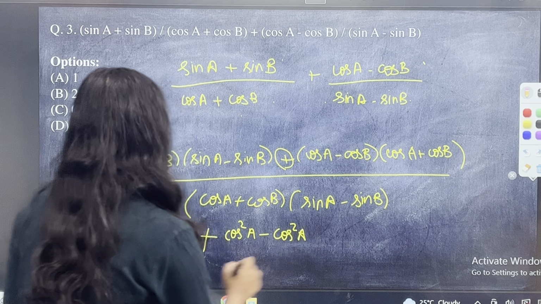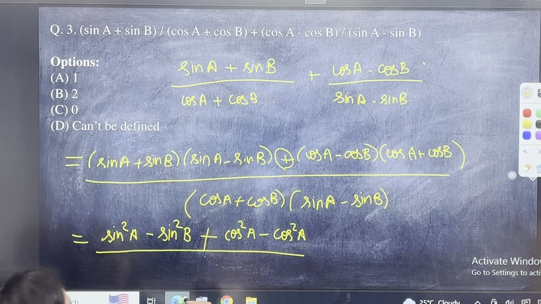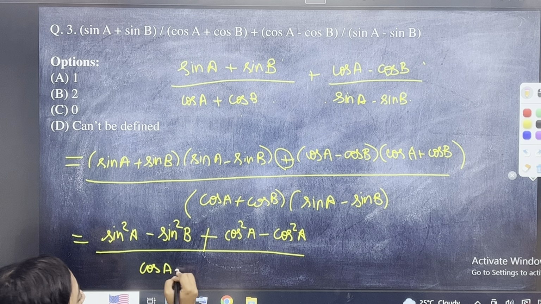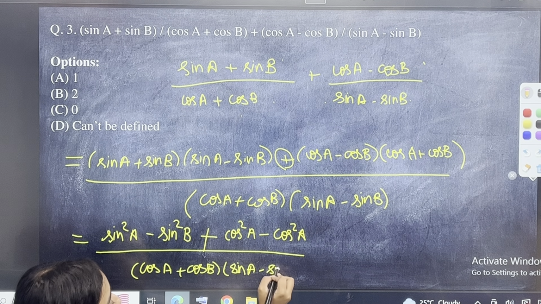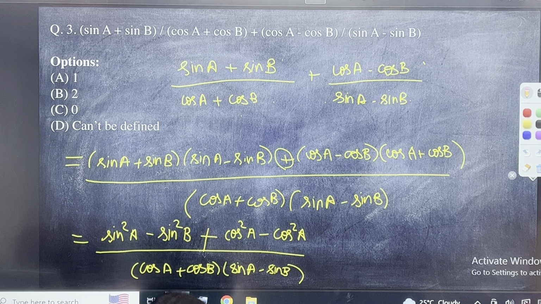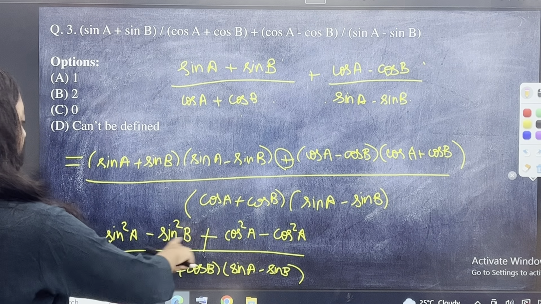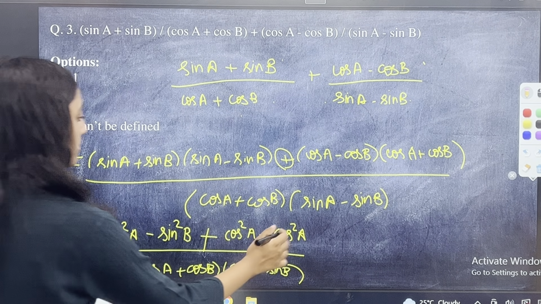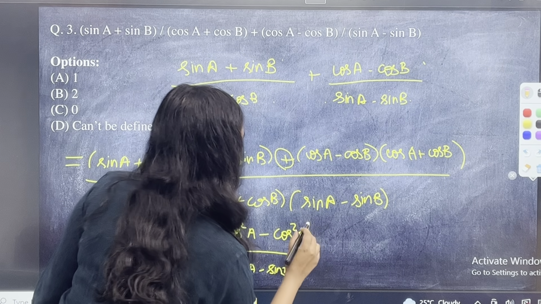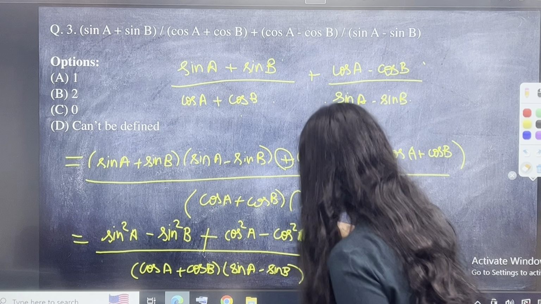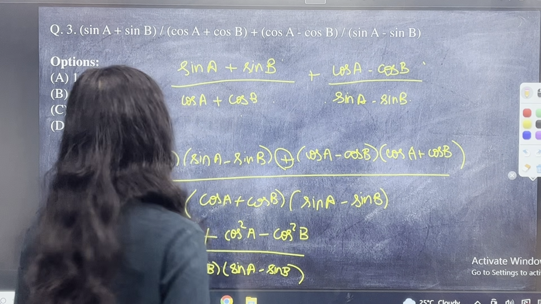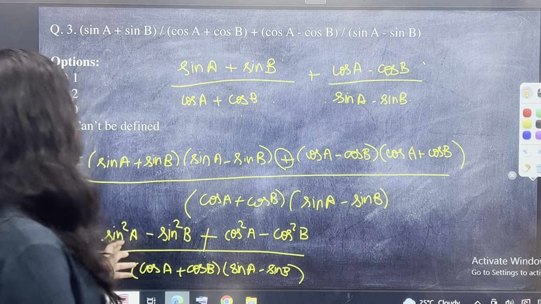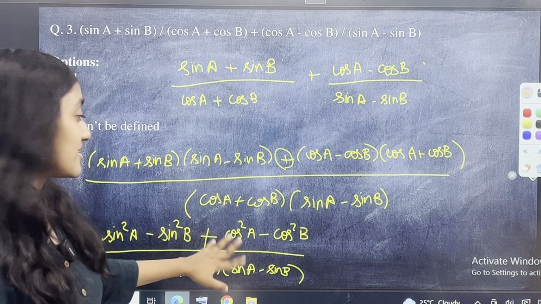Okay, divided by cos a plus cos b sin a minus sin b. Okay, so sin square a minus sin square b plus cos square a minus cos square ठीक ही लिखा था, बस ठीक से आपको दिखाई पड़े इसीलिए। तो sin square a minus sin square b plus cos square a minus cos